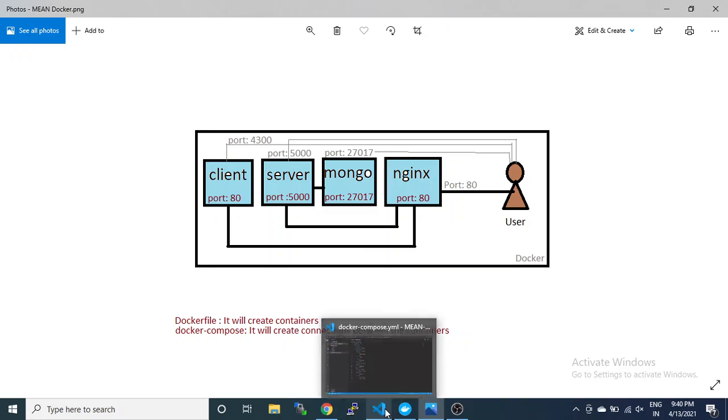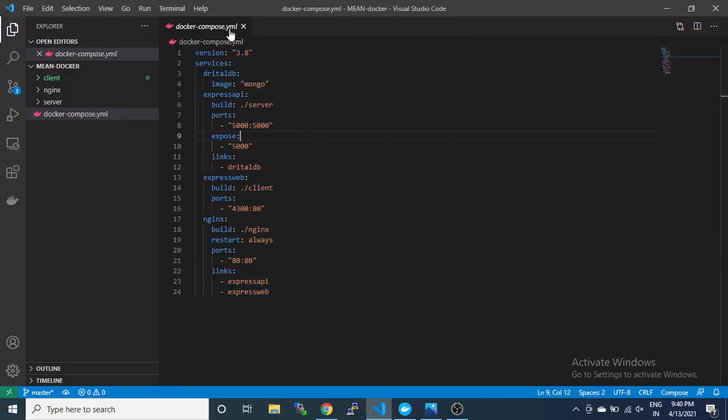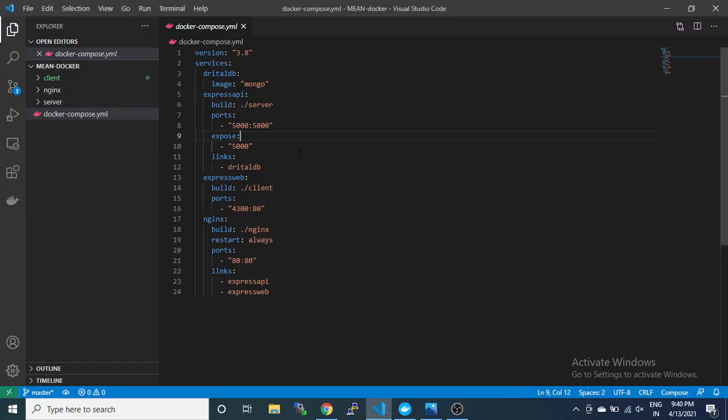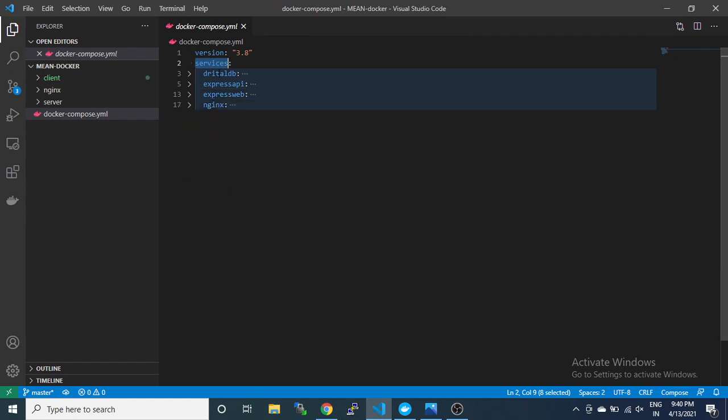So the connections we mentioned from here. So Docker Compose is responsible for the connectivity between the containers, how they will connect and from which port. Okay, so you can see Docker Compose version 3.8 we are using, and there are services, 4 services we have mentioned here. That means we are using 4 containers here.